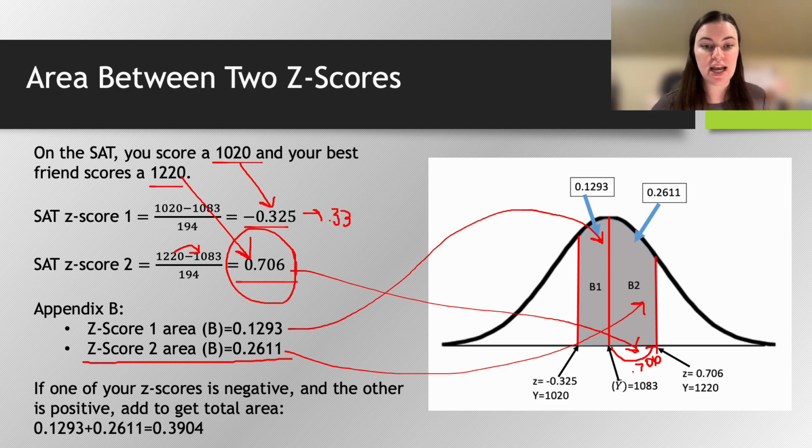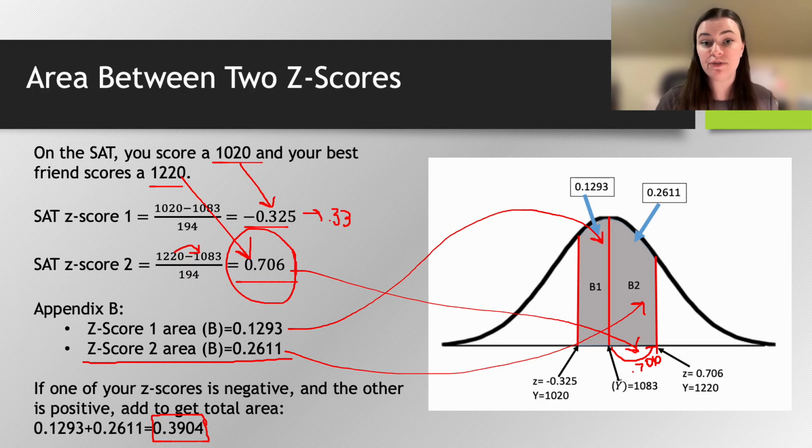So I can take this area and sum them together, which is what I did here, to determine that 39.04% of test takers fell between score-wise myself and my friend. Another way to phrase that is that 39.04% of test takers scored between a 1020 and a 1220. And so again, this is what z-scores allow us to do, is standardize between units and figure out these percentages